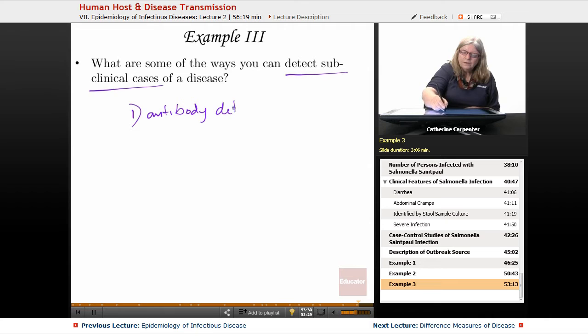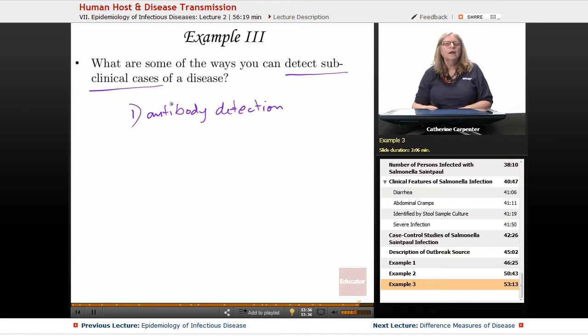Once the test for HIV, the test for antibodies to the AIDS virus, was discovered, at that point we could go back and see which individuals had antibodies to the AIDS